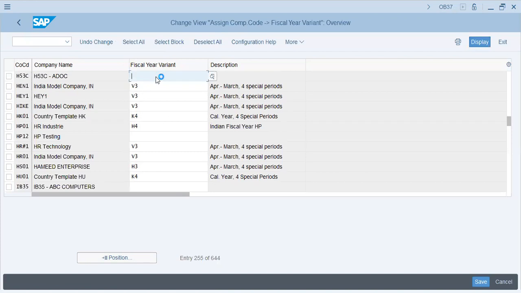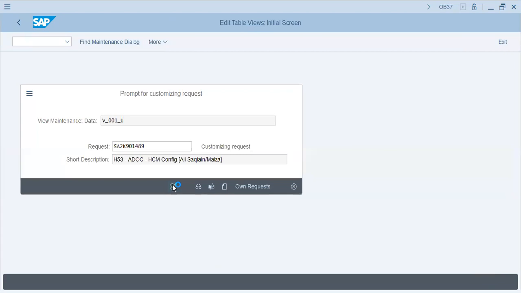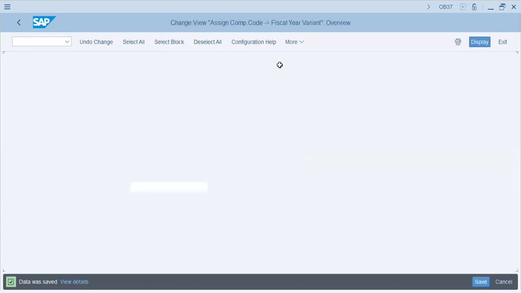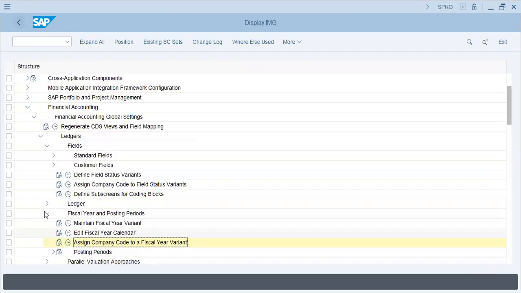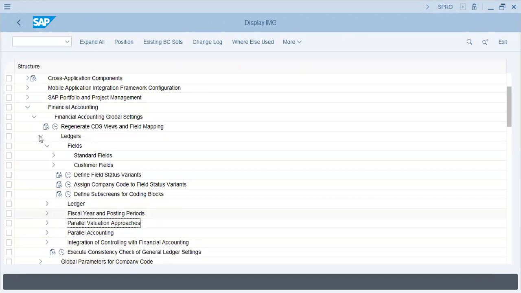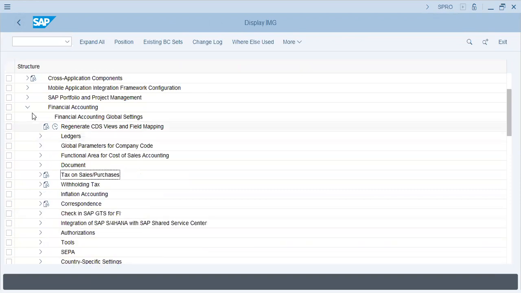Okay, K4. This is very necessary just to make a controlling area. K4, that is calendar year for special periods. I'll explain after I save it. Now, calendar year is January to December. Normal calendar actually runs through January to December. And the four special periods are basically for year-end closing operations. Year-end closing operations are for adjustments for unposted invoices or material or payroll. We actually keep these special periods. Okay. That being said, we'll go back to